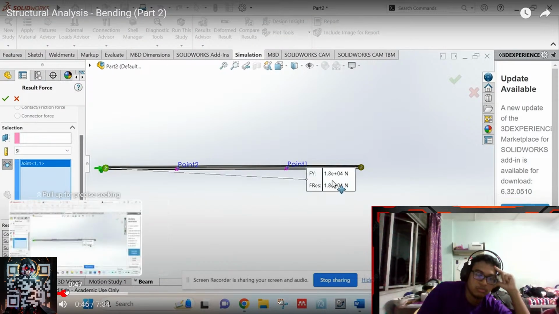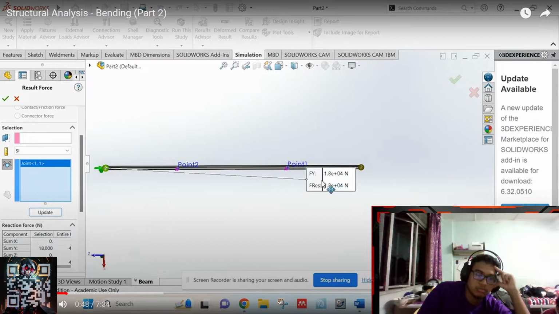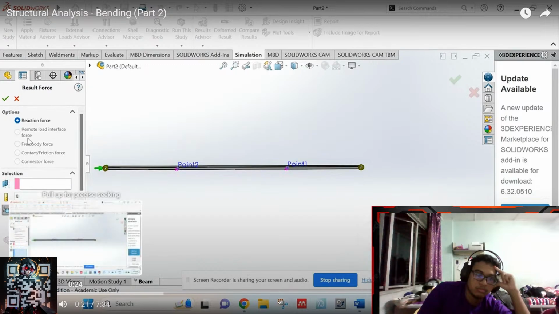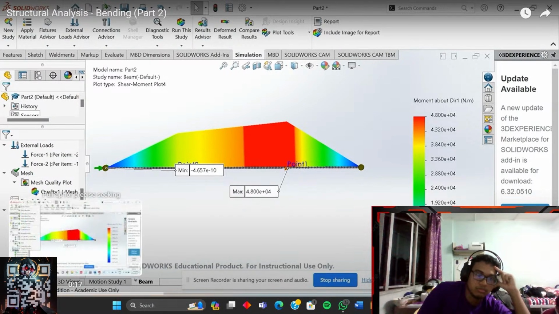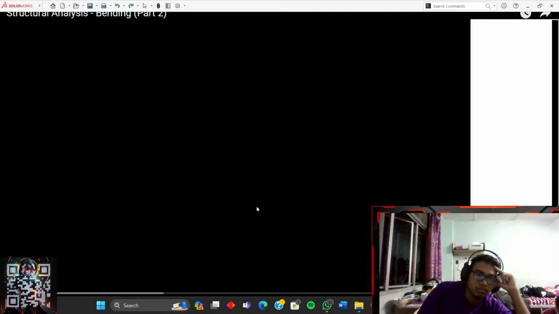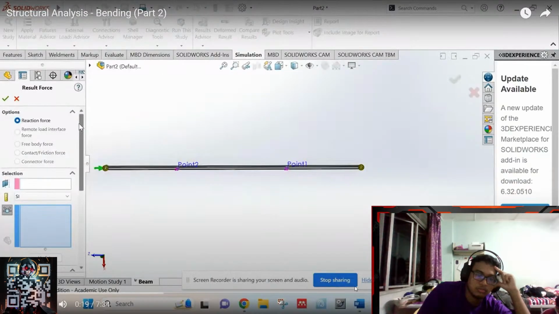You see, this is the direction force. Okay, direction force here, you can click the result again, and then we go to list result force. Okay, so from here